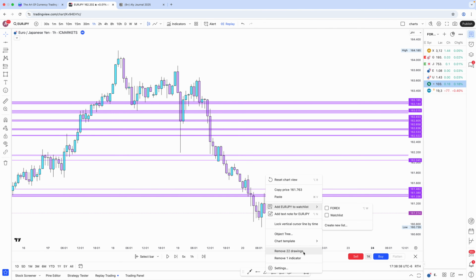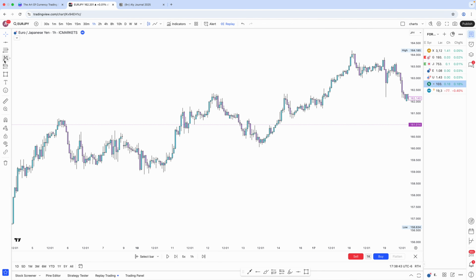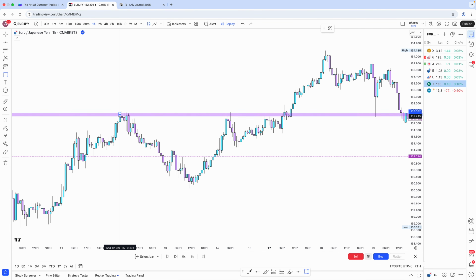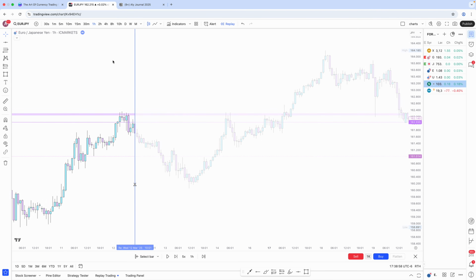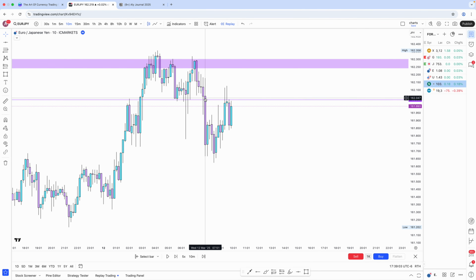Okay. So here's a couple other examples. Here's one right here. So we're coming up to a major structure. We tested it a couple times. The 1 hour closes below that structure. This comes up and retests. So then if we're taking an entry on this, you can go down to the 10-minute time frame. You can look for that retest. So that 1 hour closed. This came up and retested that 1 hour. And then basically you take the entry from here.